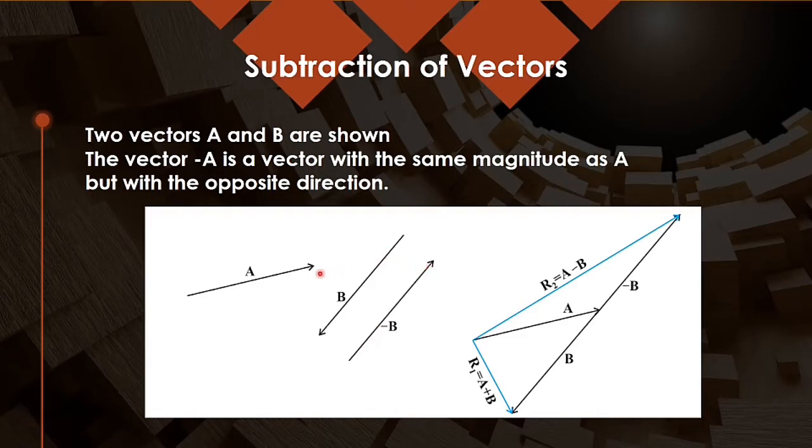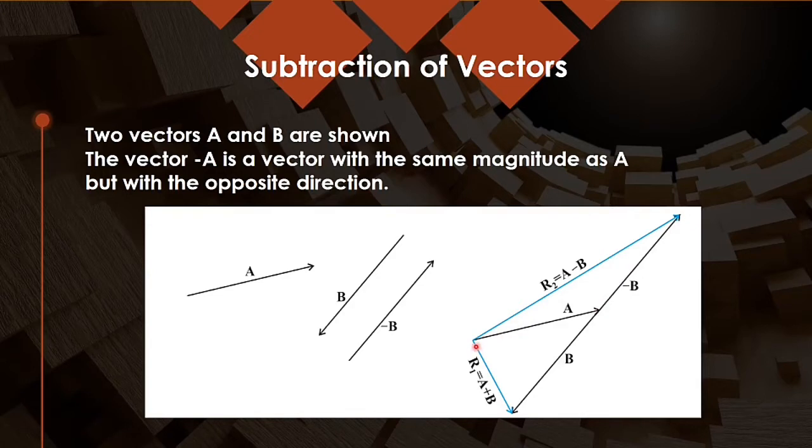It means that if I add a vector and minus b vector, then my result will be the same as a minus b vector. So the procedure is the same as that of the addition of vectors, but the only thing I have to do is this: here it was a vector initially, with its direction and magnitude, and this was b vector. Now what we have done is taken the negative of b vector. The negative of a vector is that vector whose magnitude is the same as the given vector, but the direction is opposite. So b vector is to be replaced by minus b vector, simply by changing the direction.